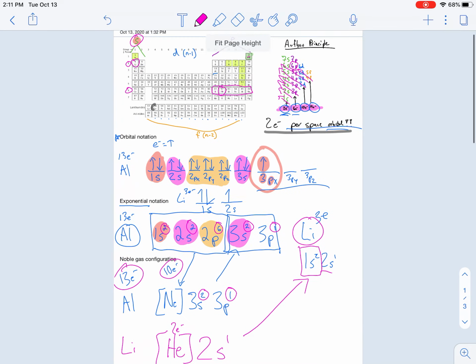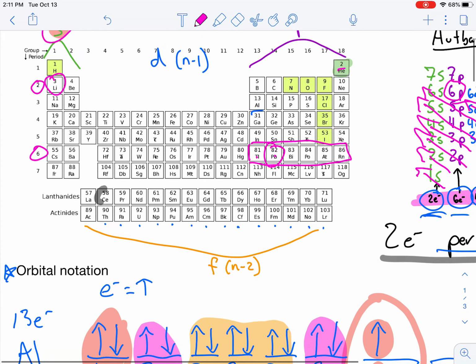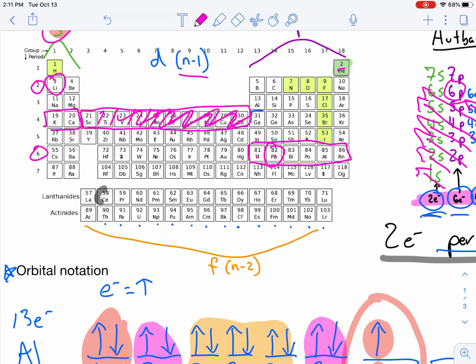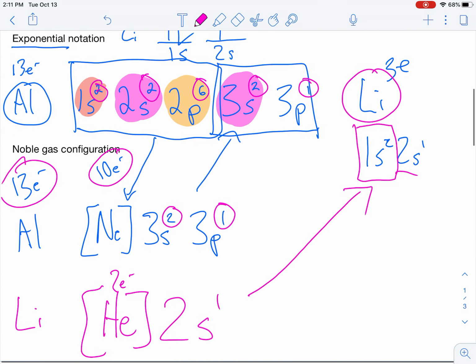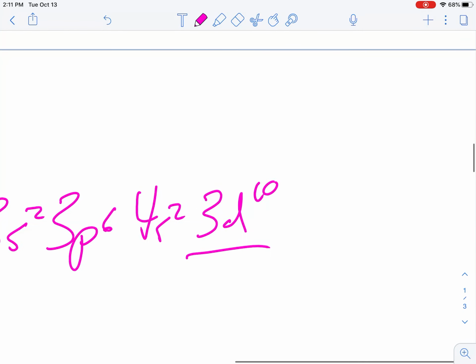Why did I go 3d10 there? Well, recall that after 4s, we have d, and d is n minus 1. So this location right here that I'm scribbling through is actually 3d. Just remember. And what comes after 3d? Well, I believe it's 4p. Let's take a look. Let's not erase it. So 3d, 4p. Okay, let's go back. We have 4p6,